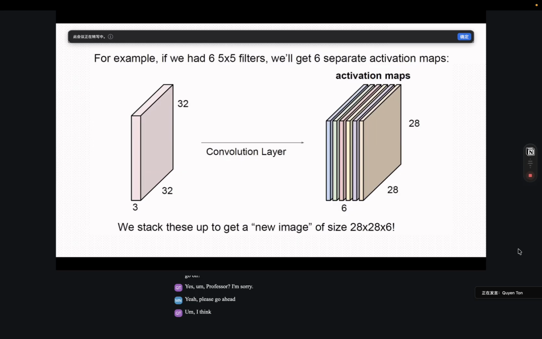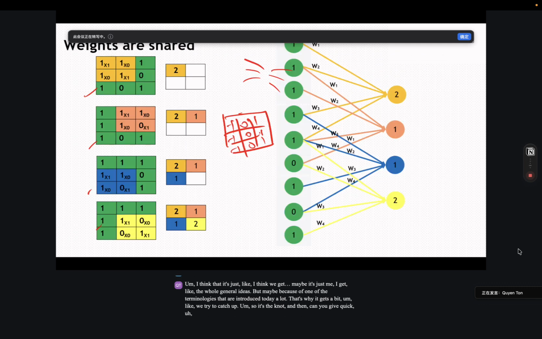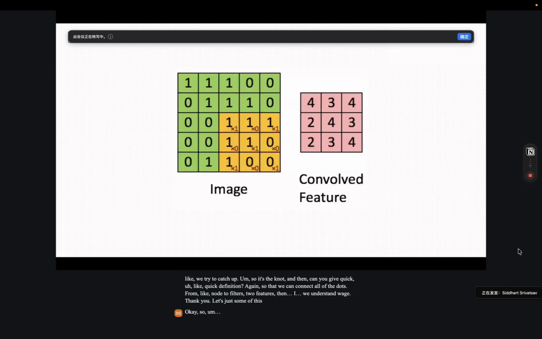I think we get the whole general ideas, but maybe because of some of the terminologies introduced today, we try to catch up. So it's the node, and can you give a quick definition again so that we can connect all of the dots from node to filters to features, then we understand the weights. Sure. Okay. So node,